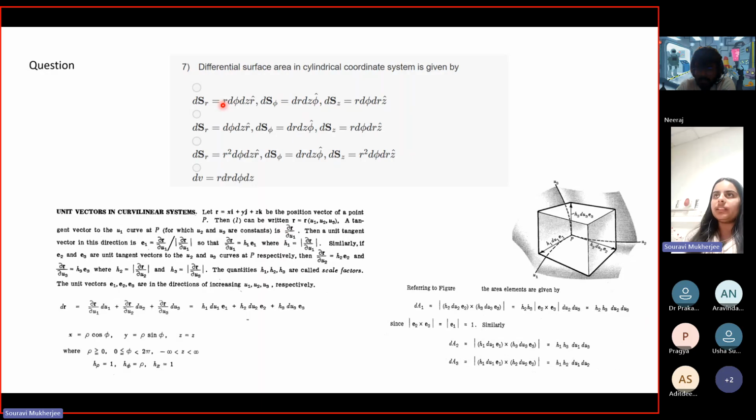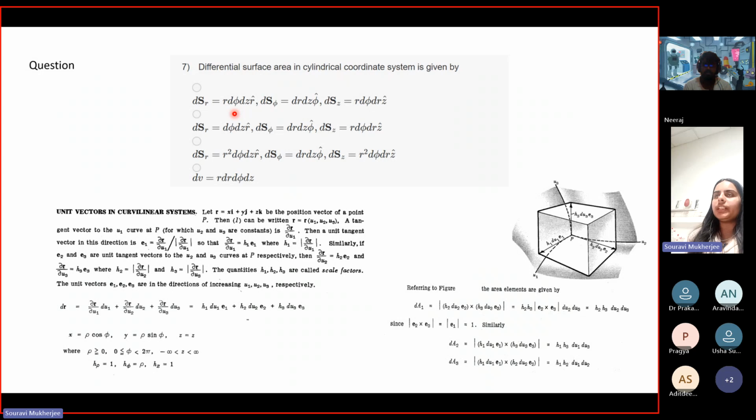So here, if you want to find it along the radial direction, you will have the scale factors. We know the scale factors for cylindrical coordinates; we had solved for them. Along r it is 1, along phi it is rho, where rho is your radius basically, so in this case it is r, and along z it is 1. So the factors are 1, rho, which is nothing but r for this question, and then again 1.